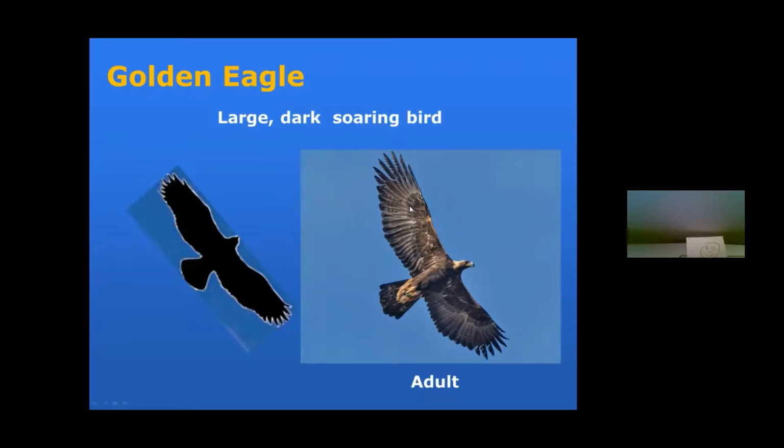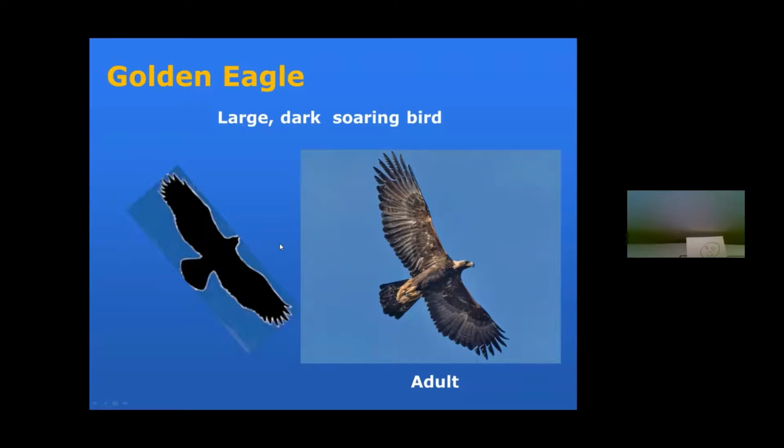Golden eagle, another large soaring bird, 6 to 7 foot wingspan. Underneath, this is an adult bird. You notice how the linings of the bird can look grayish. It's not turkey vulture grayish, but it's not as dark as the carpal area in the front. Different shape though. Here's the two characteristics of a golden eagle. If you don't see any plumage, it's not a plank. You see the secondaries bulge out a little bit. This is noticeable in flight. Also, the head projection.